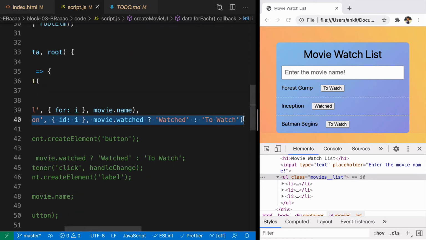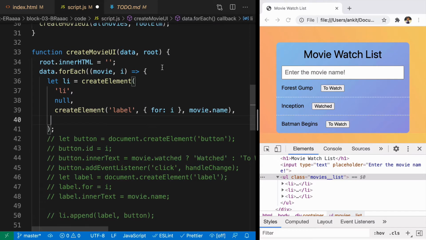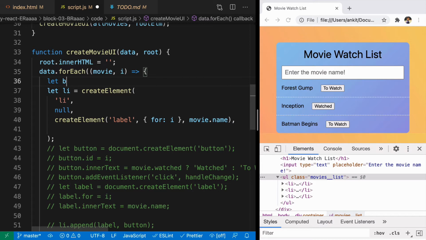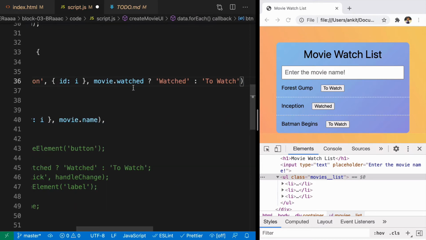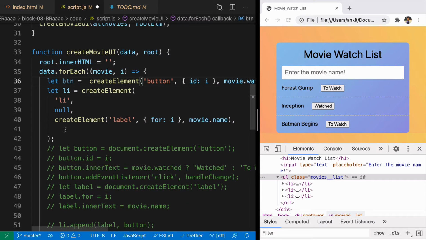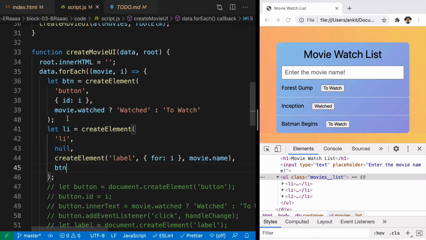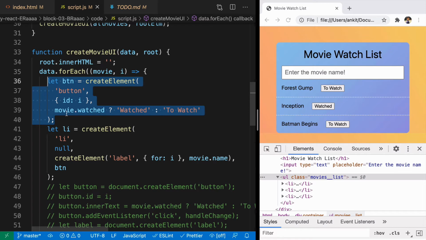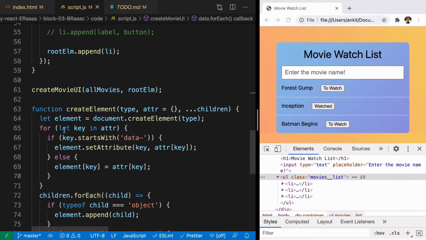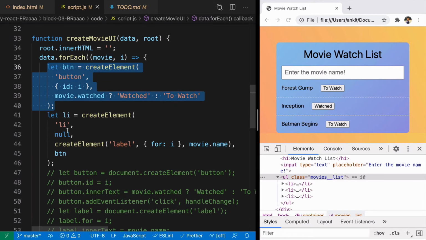But the simplest would be, we can just create this element outside. Here, we'll say the button can be created using something like this, and then we just have to pass btn here, right? So here we have created the button element outside. The reason we did that is because we have to add an event listener on it. Our createElement function doesn't have support for event listeners, and that is the reason we are doing it. In future, it will not be the case.